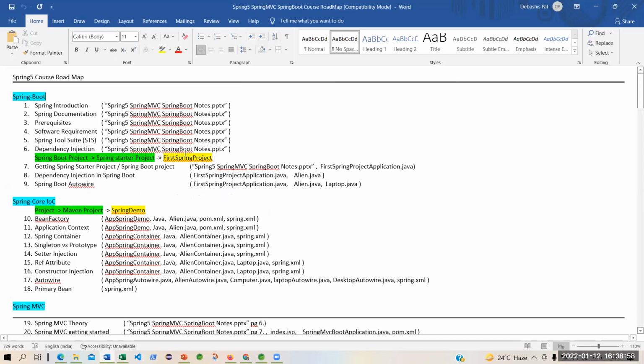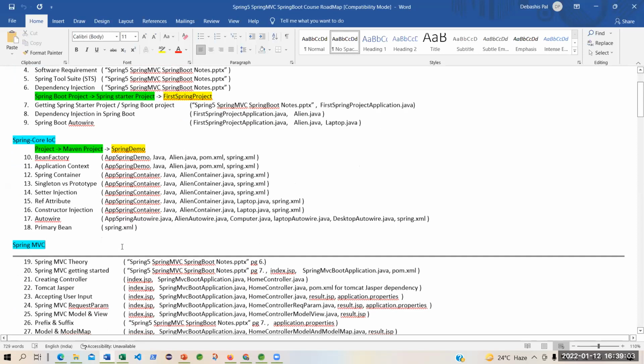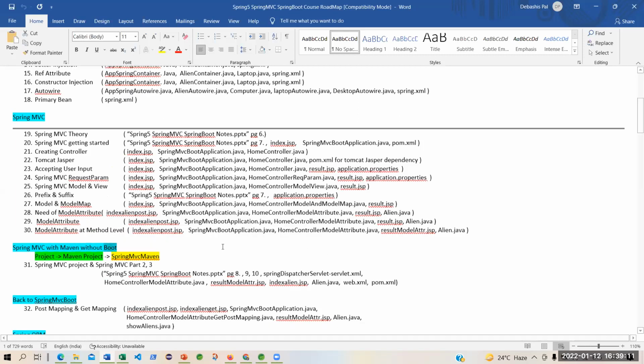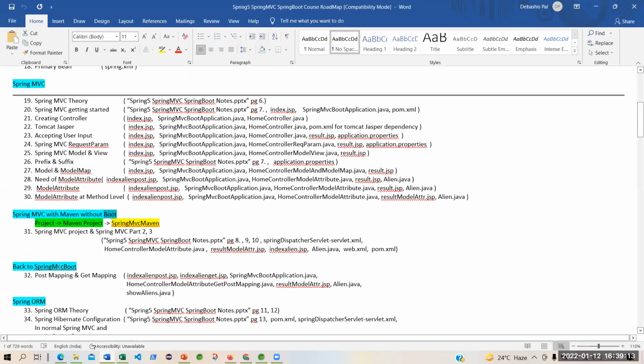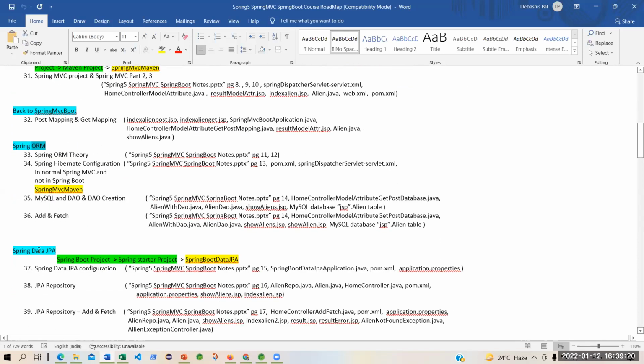See, after Spring Core, we will start with Spring MVC. Then Spring MVC with Maven without Spring Boot. This is also one part. Then you will see Spring MVC with Spring Boot. Then you will learn Spring ORM. Then you will learn Spring Data JPA.